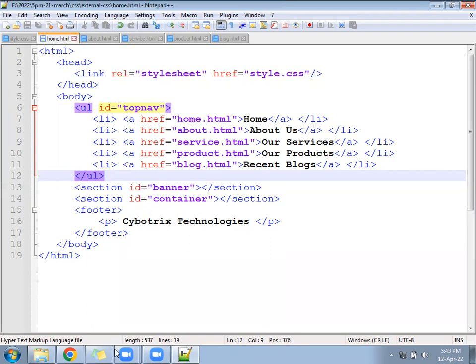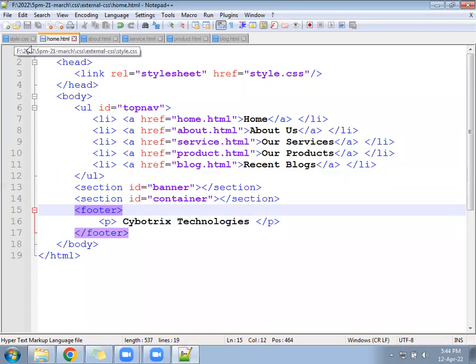Ready? Let's go now to the CSS file. CSS for banner, CSS for container, and CSS for footer. Why have I written footer directly? This is called CSS by tag name, because footer you will use only one time, but section can be used multiple times, and both sections should look different. Footer is only one time, so there is no matter of duplicates. Okay, so come to the style.css file.